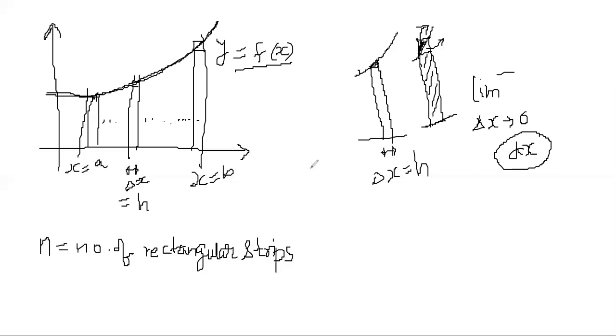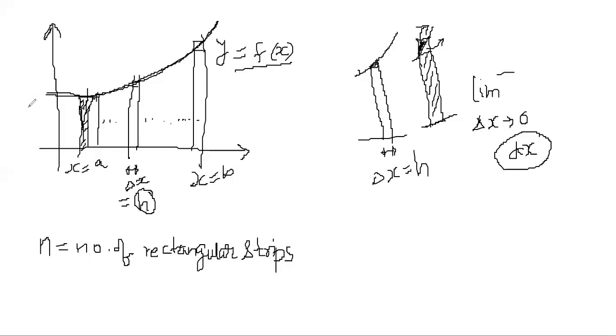So if we see here, we want to add the areas of the small strips. So what is the smallest rectangle? The first rectangle which we are getting here, this rectangle, as you can see here, this is a rectangle actually. So in this rectangle, the width is delta x, which is h, which is also dx. So width is h of each of these strips.